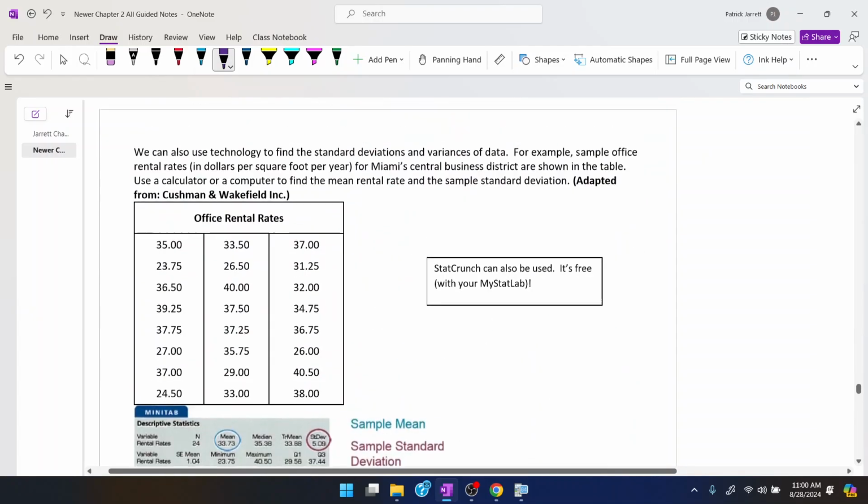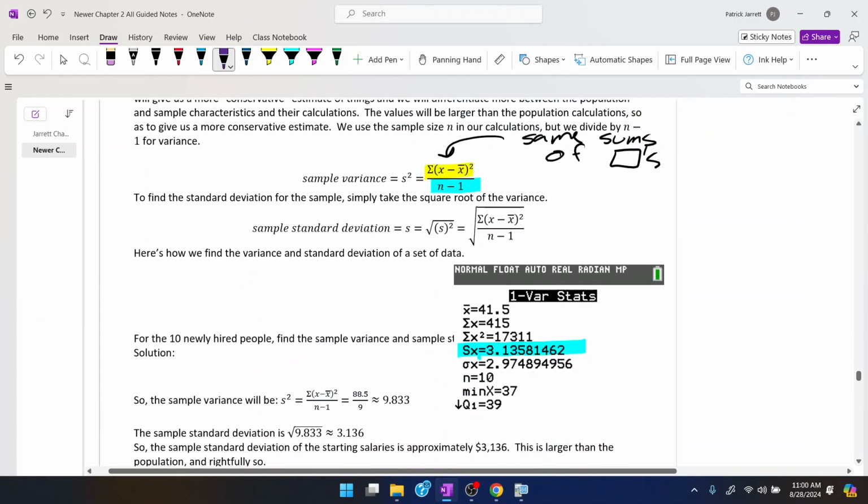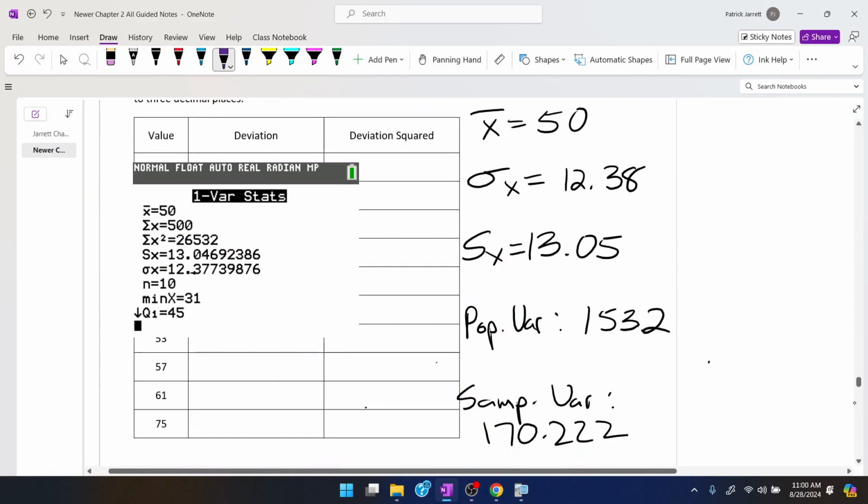Okay, so we left off last time talking about standard deviation. Now, variance and standard deviation kind of just go hand in hand with each other. And the simple purpose of variance and standard deviation is simply this. It's a measure of spread. How spread out are the data? If the data has more spread in it, the higher the standard deviation is going to be,